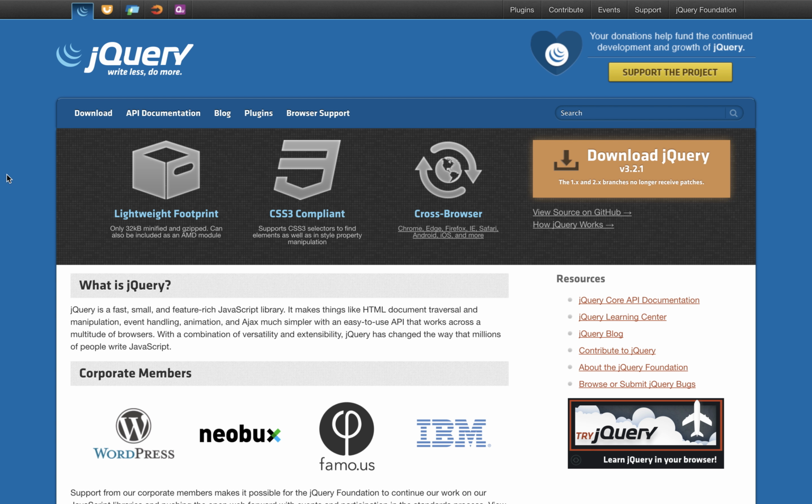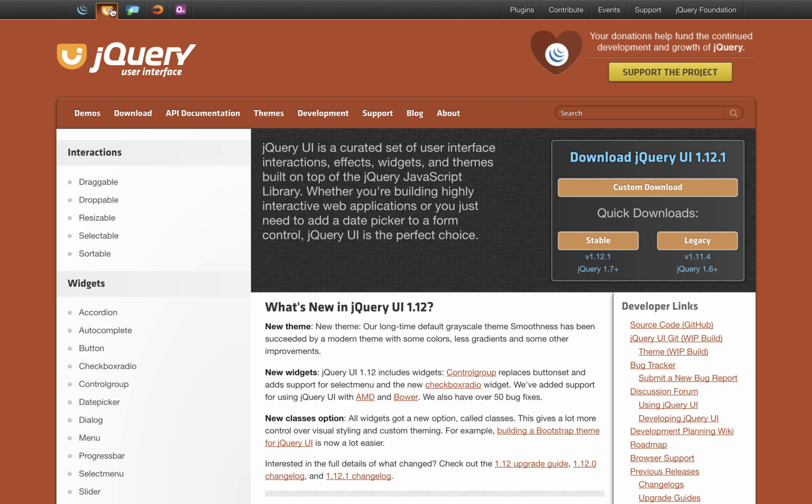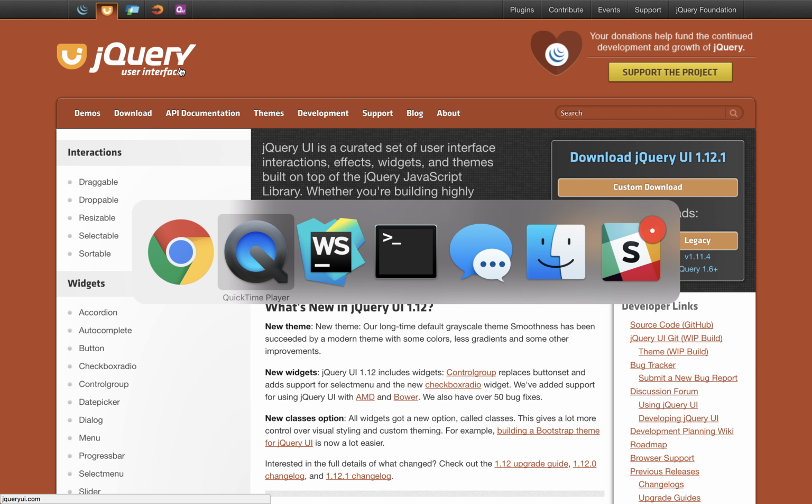Obviously, jQuery has evolved to more than the little layer of abstraction. Today, there's quite a lot of frameworks on top of it. One of the fairly popular ones is jQuery UI, which builds on top of jQuery to provide a nice set of high-level abstractions of behaviors that are very commonly found. We'll look at that in a minute. Let's first look at jQuery itself.